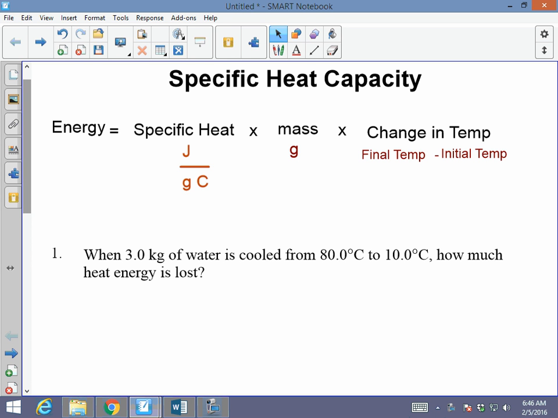Okay, the equation is energy in joules equals specific heat capacity times the mass times the change in temperature. Regardless of the change, positive change or negative change, a change is just a number. Okay, not positive nor negative. So we go energy in joules equals specific heat capacity times the mass in grams of the substance and the change